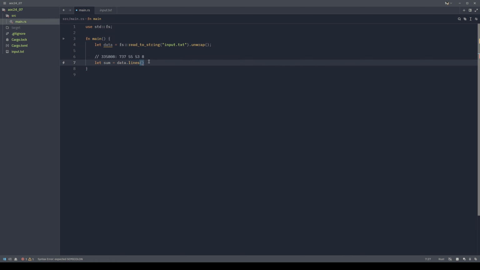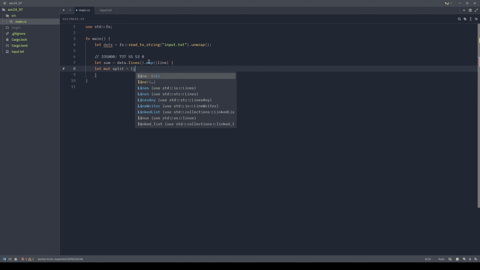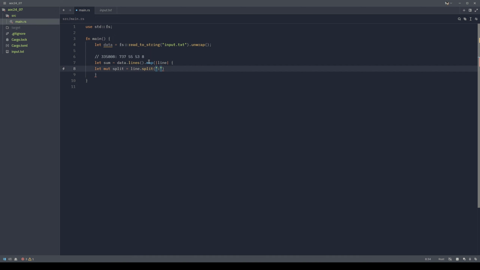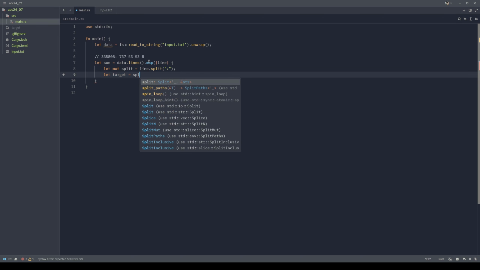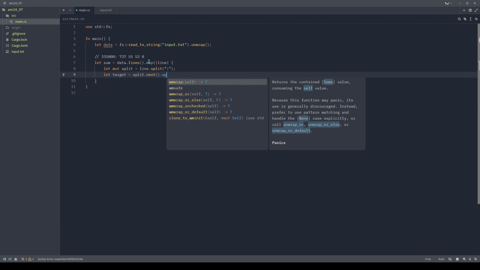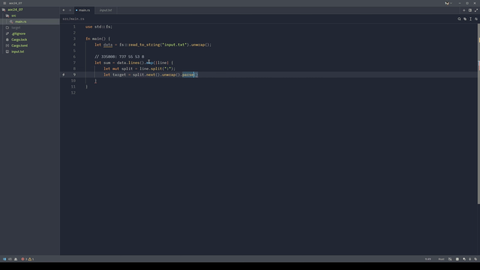So data, get all the lines, then map each line to the split it on comma. Right, and then we get the target, the next, unwrap, parse, and we're never using negative numbers, so we can use usize. So that would be the target, and then we have the numbers, which is the next one, and then